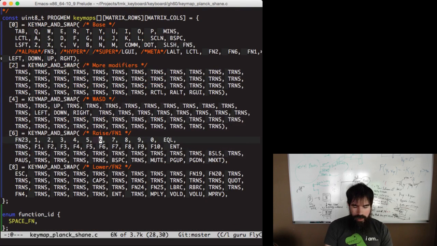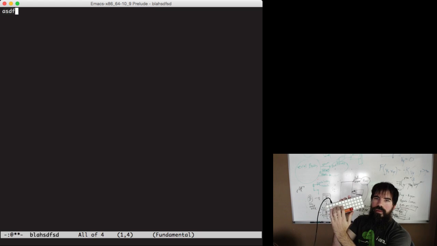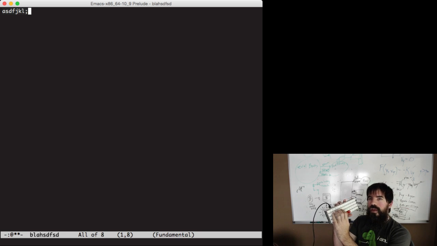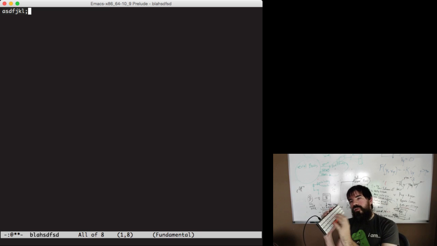And I added one thing that I was pretty happy with that I wanted to show off. All right, we got ASDF. Great. Now what I want to be able to do is, maybe I want to be able to type one-handed, or I want to go completely insane and build a 20% keyboard rather than a 40%. So what I can do is I can hold down the space bar, and this swaps the key map such that now instead of A, I have J, instead of S, I have K, instead of D, I've got L, and instead of F, I have semicolon. With one hand, staying on home row,